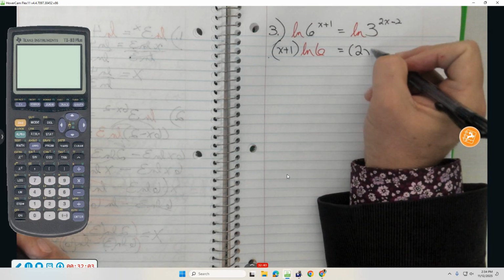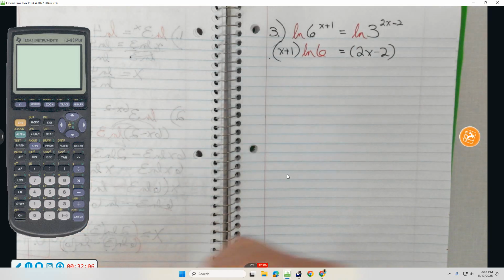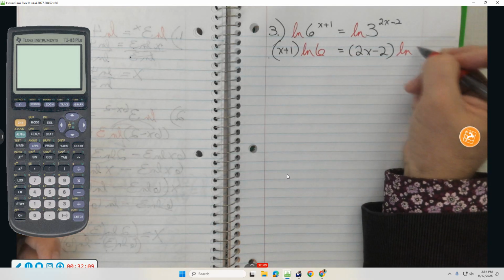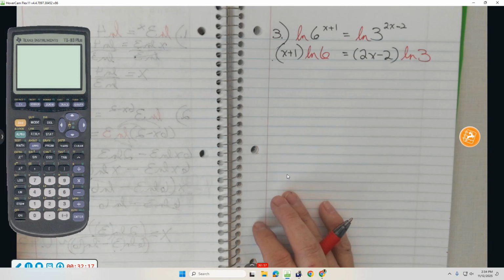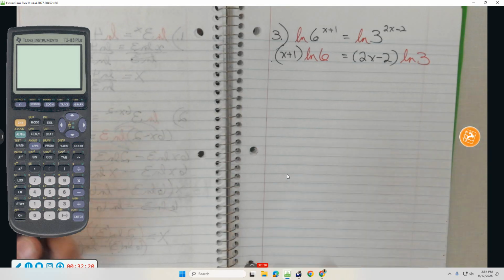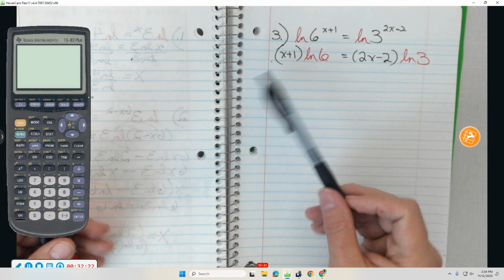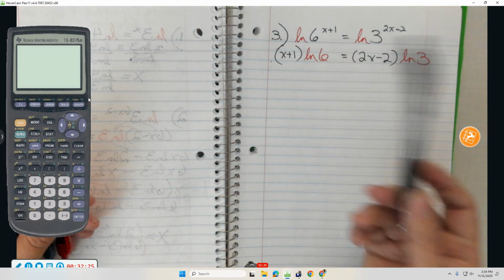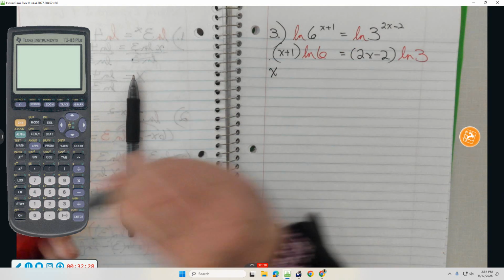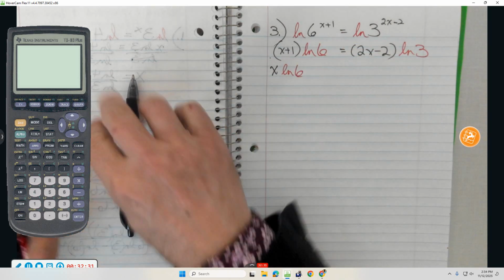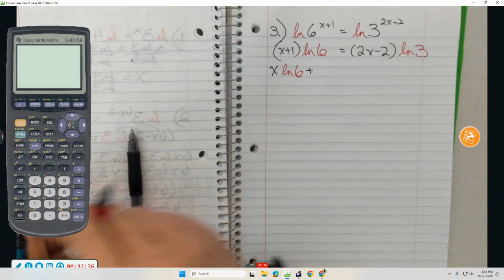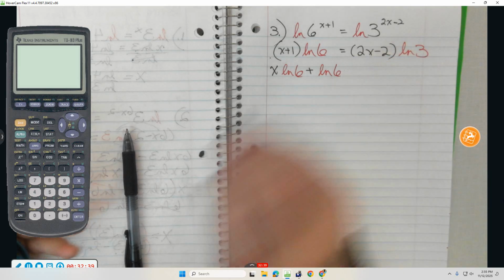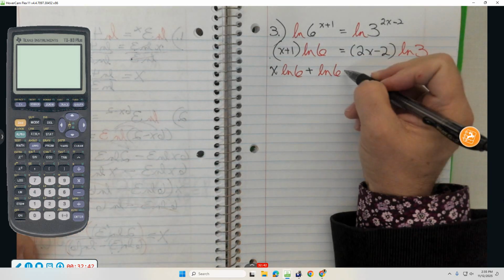We can bring that down. Once again, enclose it in parentheses because ln 3 is just a number. And then we get rid of those parentheses. We need to isolate x. In order to do that, we need to multiply. x times ln 6 is just x ln 6 plus 1 times ln 6. I don't even need to show the 1, do I? It's just ln 6 equals